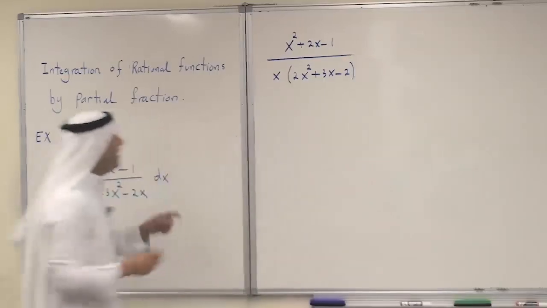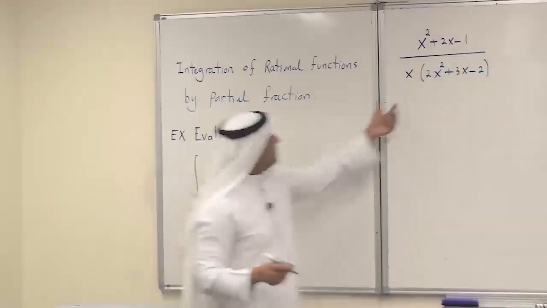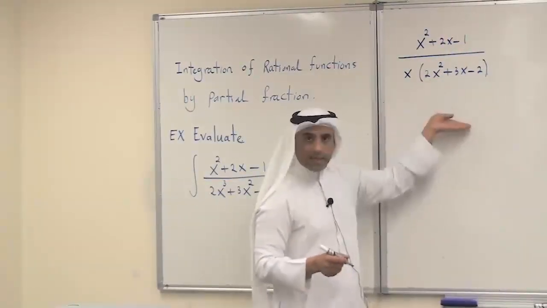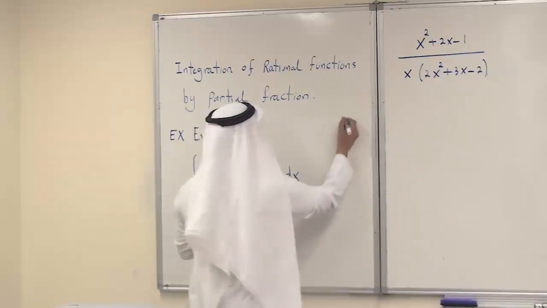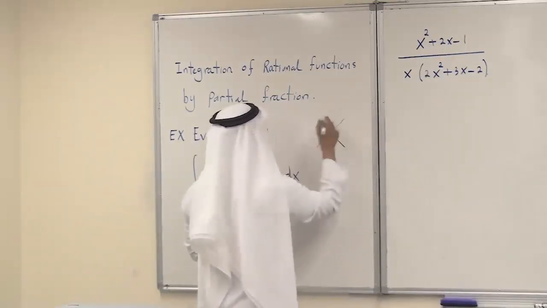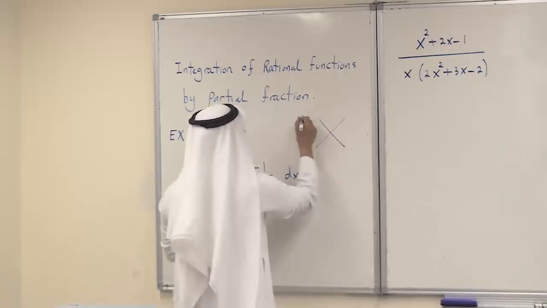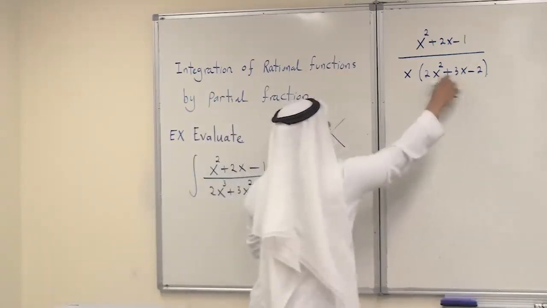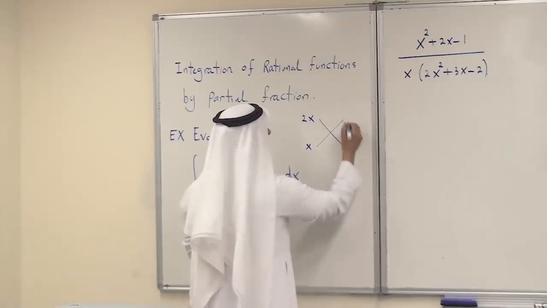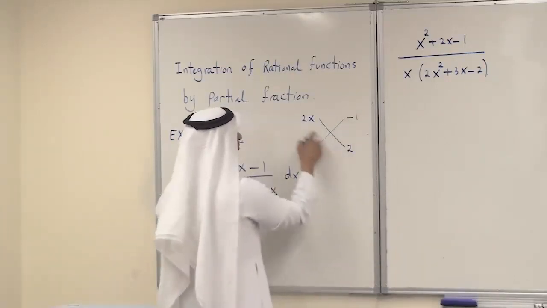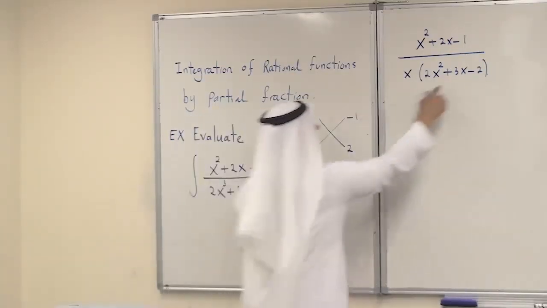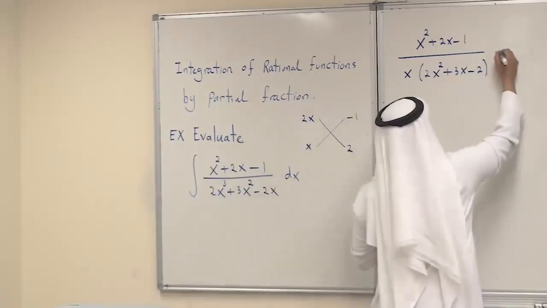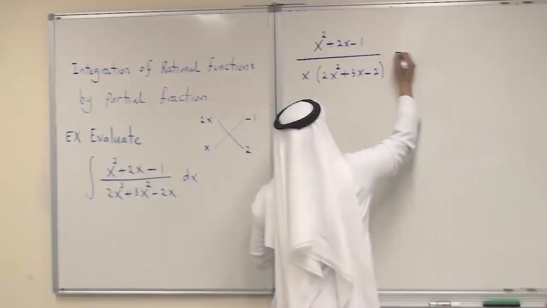Fine. Then I need to go to the quadratic expression I have here and also factor it out. One way to do it is to do it this way. You have 2x squared. This is factored out into 2x times x. I need it to be plus 3 here, so this is supposed to be 2 times minus 1. So that we have 4x minus x is 3x. So this is actually equal to what? This is equal to,